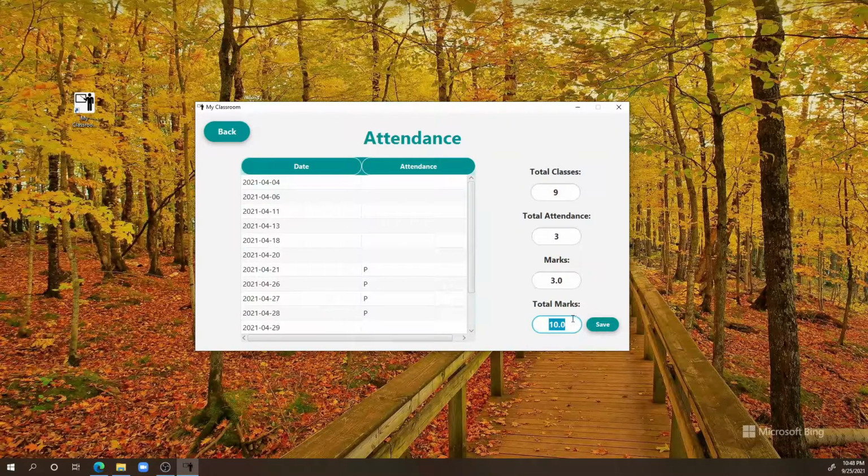We can change the total marks of attendance. So I change this and the calculation is changed. Let's get back.